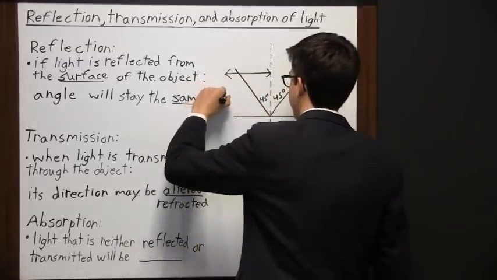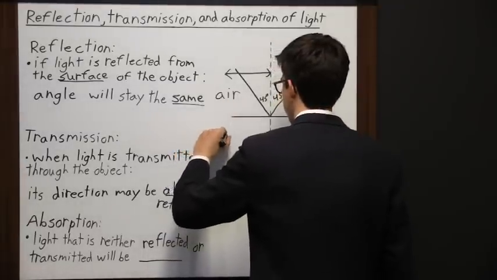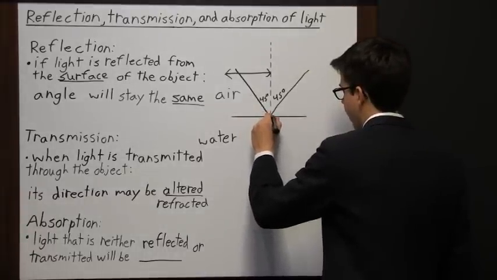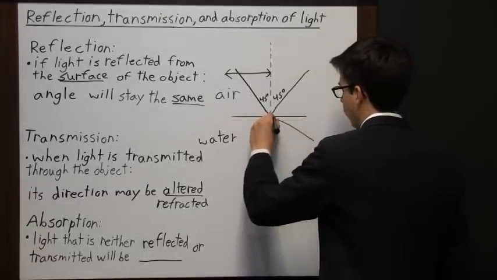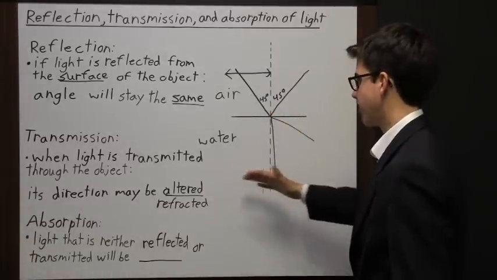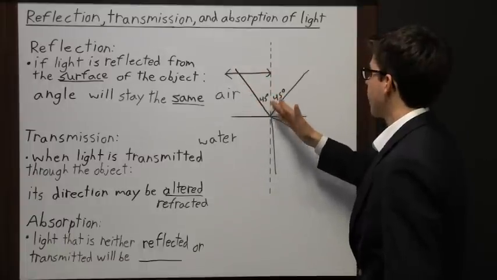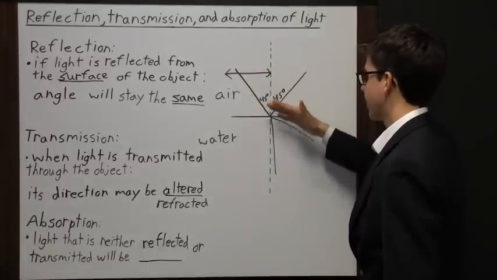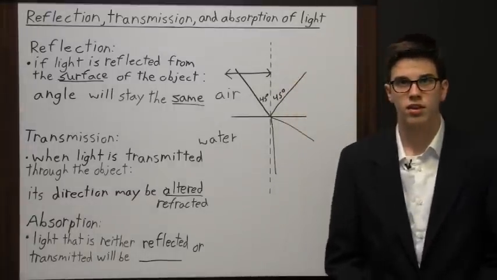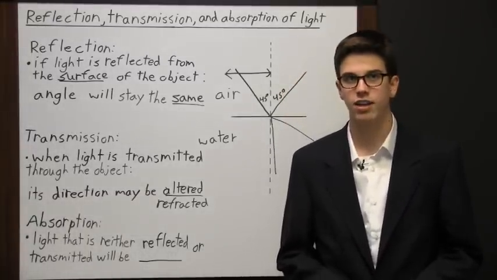So say this area up here above this line is air, and the area down here is water. So the light comes like this, it's not going to come directly through. It may come off at an angle like that or like that. And so we see here that the angle here has changed. Its direction is altered because it's refracted. So here we see one ray of light being reflected, some of it's reflected, and then some of it is transmitted or refracted. Now, the degree to which the light is refracted depends on the speed at which light travels